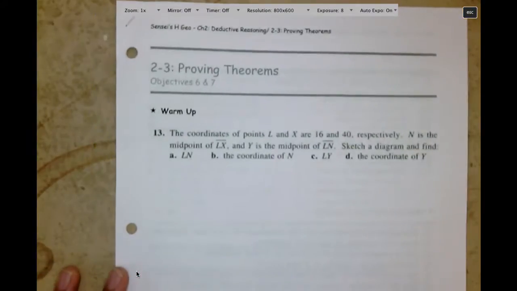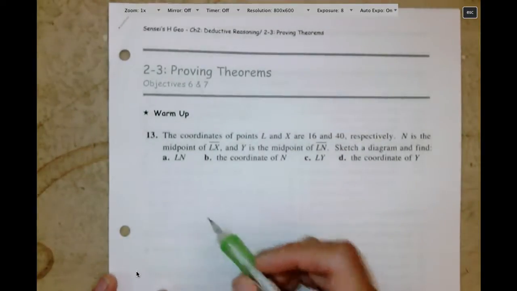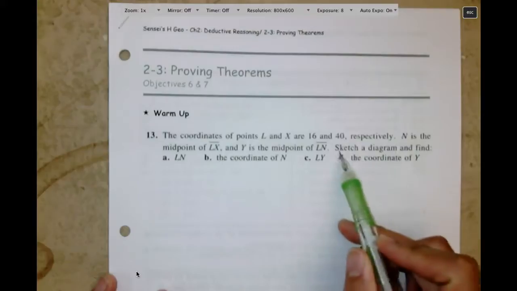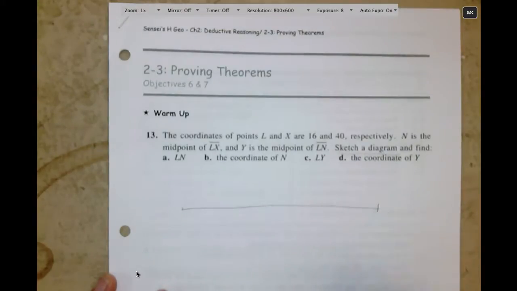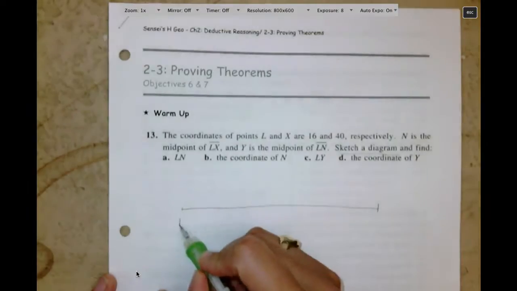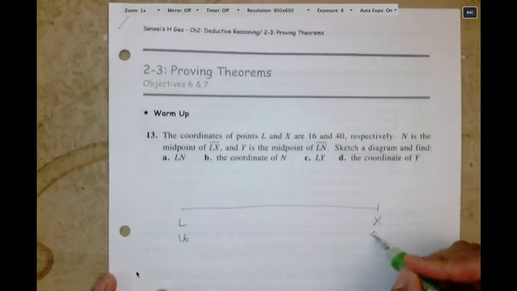Okay, so hopefully you could do this. You have done enough of this that now you can do these things. So let's draw it. It says sketch a diagram and find. So let's do it. Coordinate of point L and X are 16 and 40. So let's just say L and X are 16 and 40